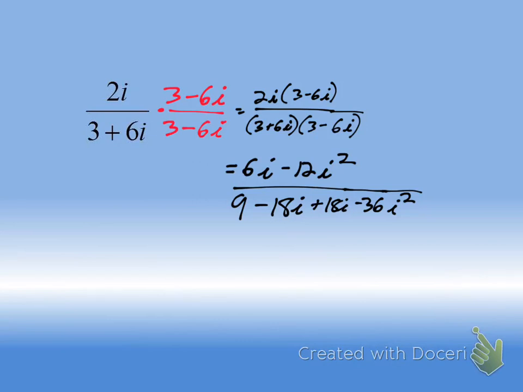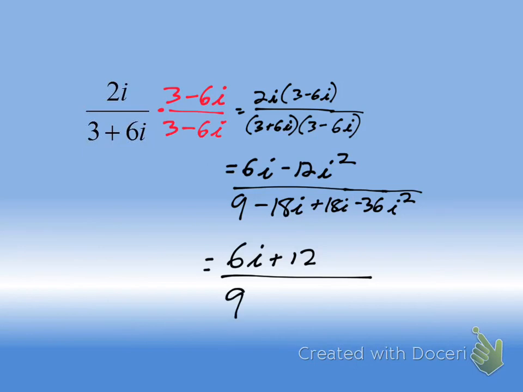Negative 12. Good. Clean up your bottom like terms. And i squared equals negative 1. Good. So equals 6i minus 12i squared times a negative 1 plus 12